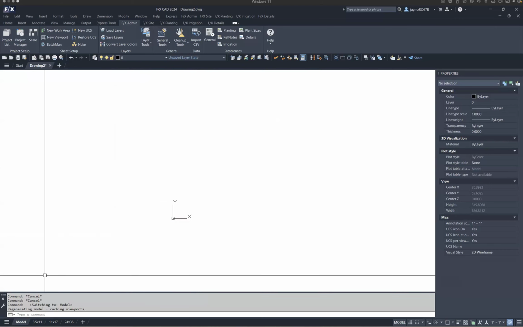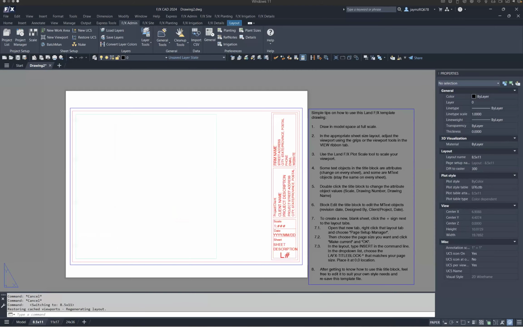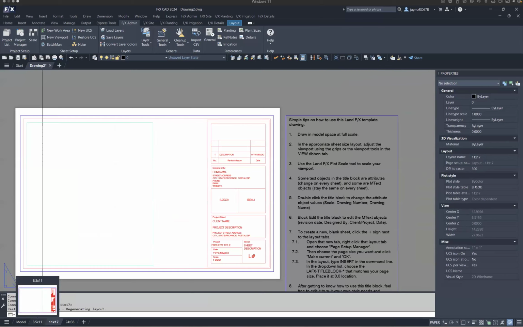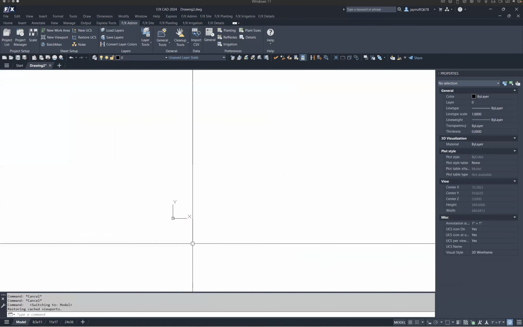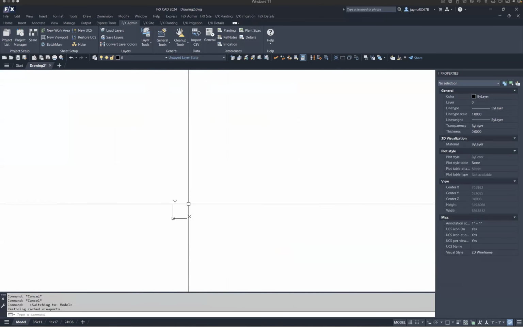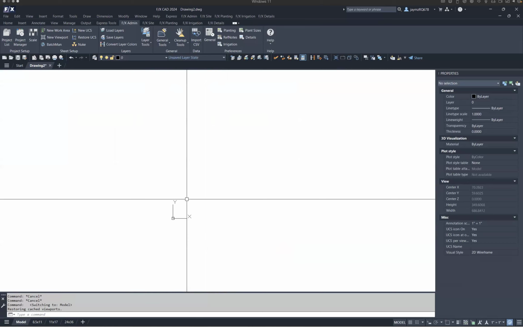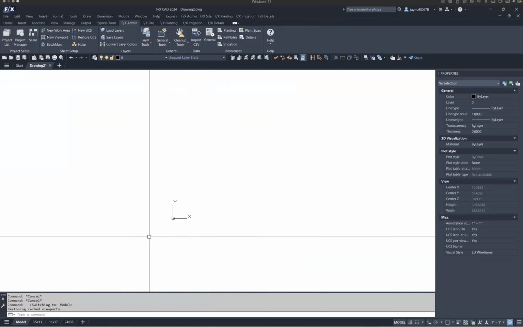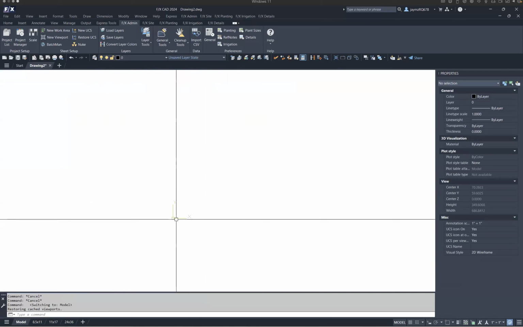And I can always come down here to my little tabs on the bottom and I can toggle between any of my sheets that I have set up. This is where this process deviates from the other process in that we're going to do our work in this drawing and also have our sheet in this drawing. If you're doing the best practices that we recommend for larger jobs, you're going to have an individual sheet per drawing and everything is going to be separated out, but that's not what we're focused on today.